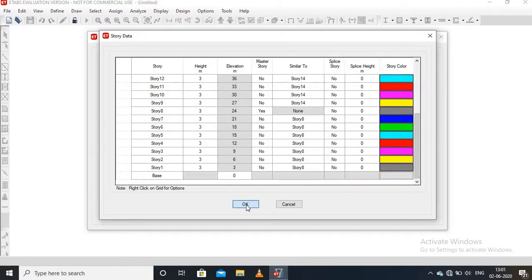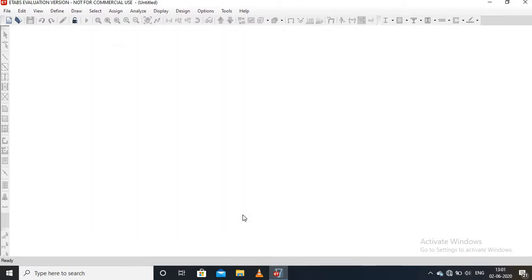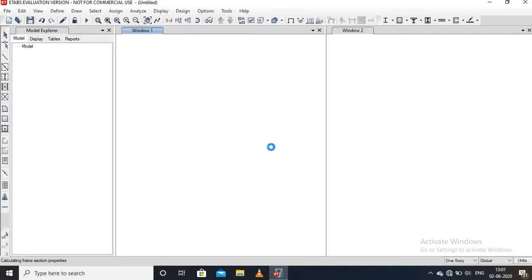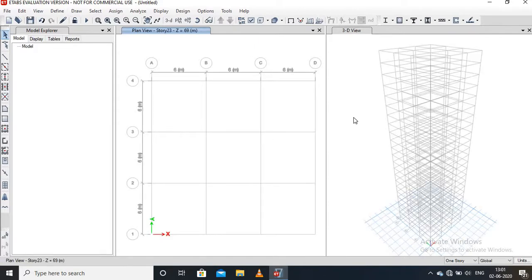Then press OK. Then select grid only and then press OK. Therefore, there are two windows showing in the display. One is showing the plan view and the other is showing the 3D view of the tall building.